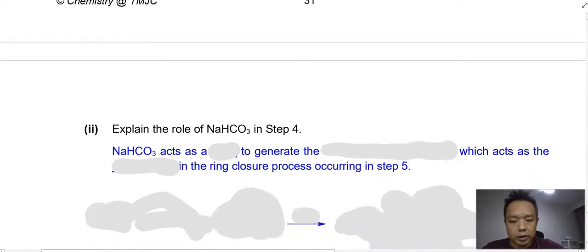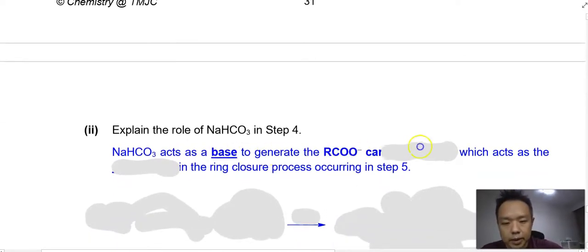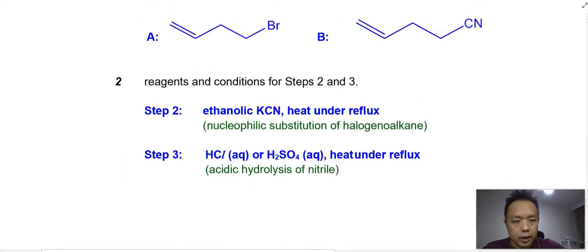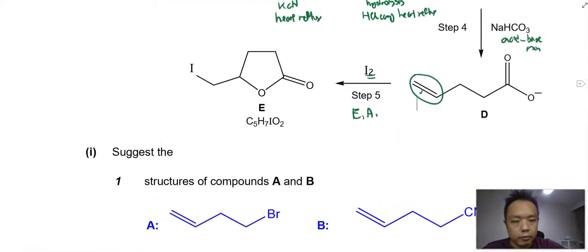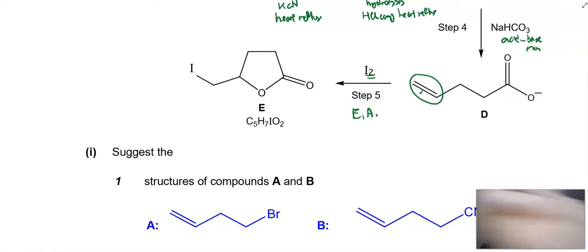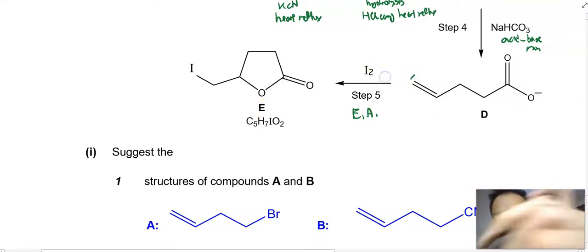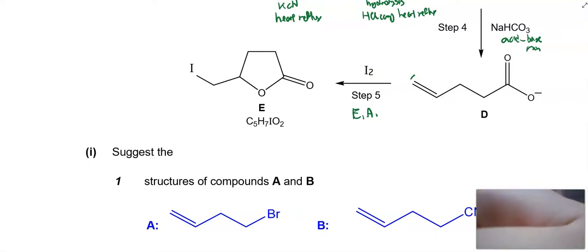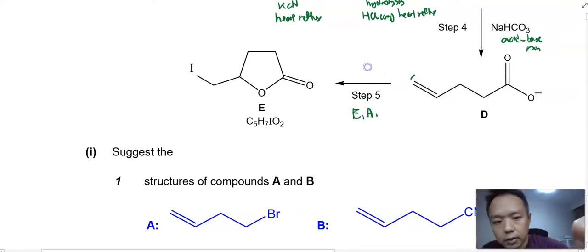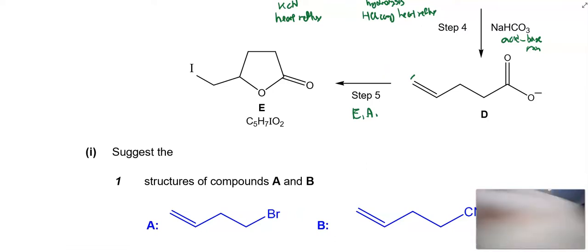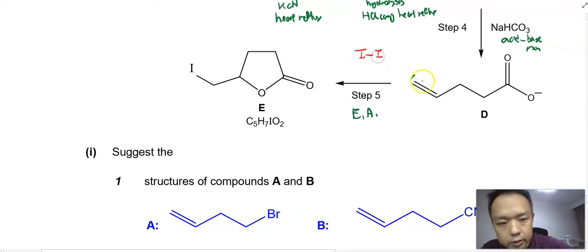Okay, explain the role of NaHCO3. So NaHCO3 acts as a base to generate the RCOO minus carboxylate salt. Okay, and then in this reaction, we are going to look at how this forms this. Okay, so to understand this mechanism, we need to consider drawing it. Okay, so we have iodine. Okay, so delta plus, delta minus,